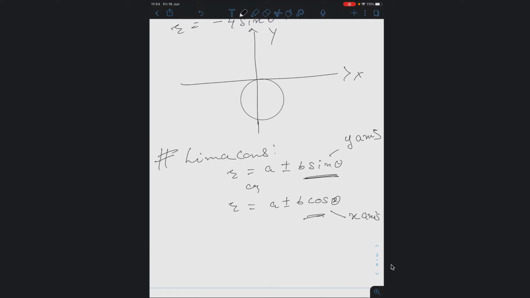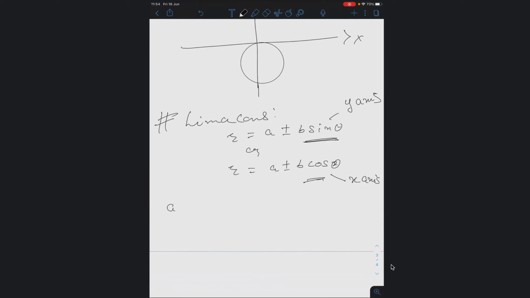Okay. Now in between you have plus and minus sign. So if you have r is equal to a plus b sine theta, or r is equal to a plus b cos theta, in between I have written both plus and minus sign. Is it or not? So it can have a minus or a plus. So if I have plus sign here, this will be on positive y-axis. And this will be on positive, you tell me?